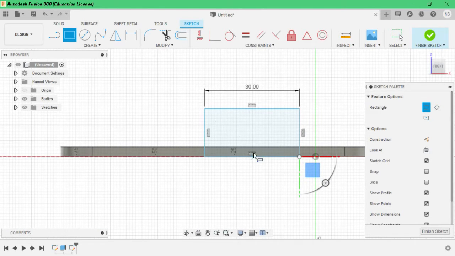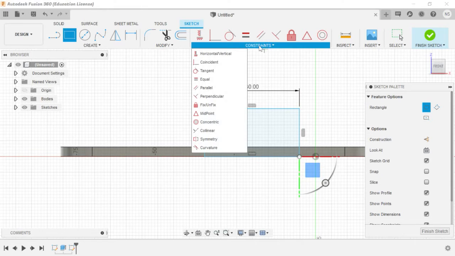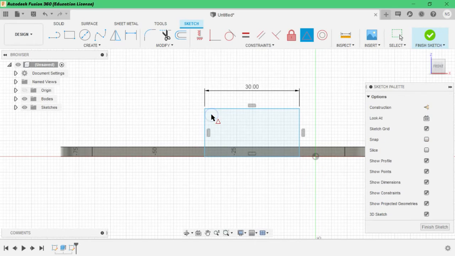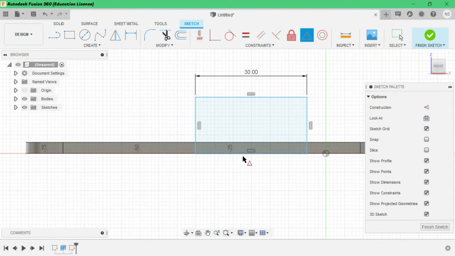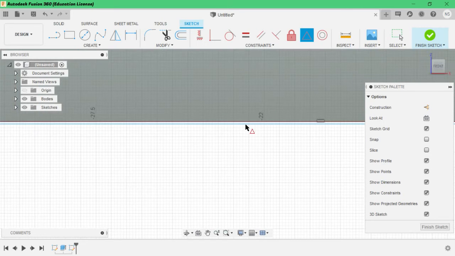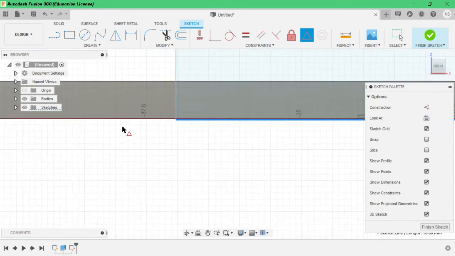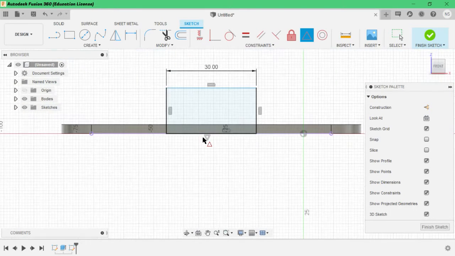While creating this, we can give a midpoint constraint. So this will be in the mid with that mid constraint. Click on this and click on this.